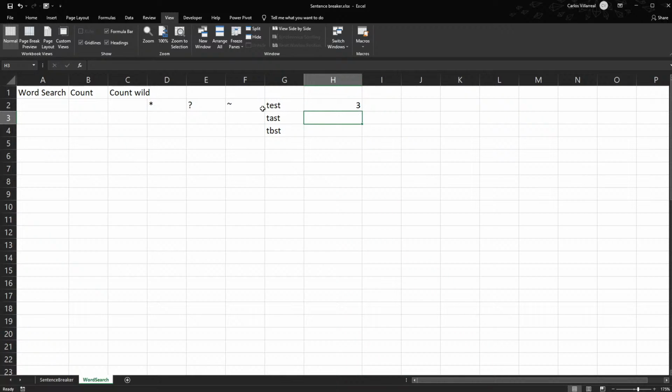The question mark just says we don't know what this middle letter is going to be, but it's going to be something. And as long as there's something there and everything else is met, it'll count it. Now in this case, we could go ahead and put the asterisk there also, and it would still work, but that's not particularly the best use of the asterisk. Where the asterisk really shines through